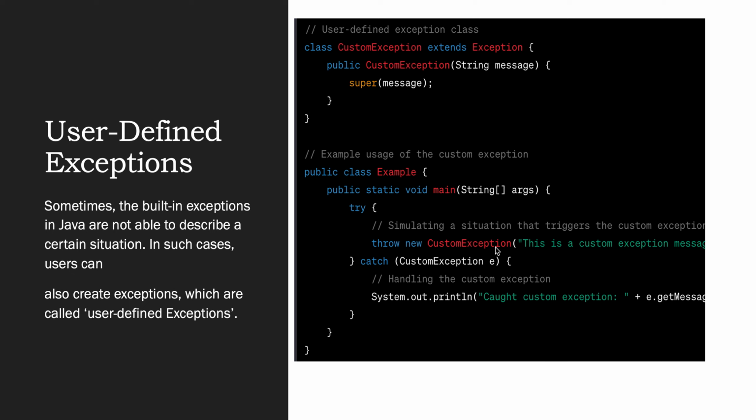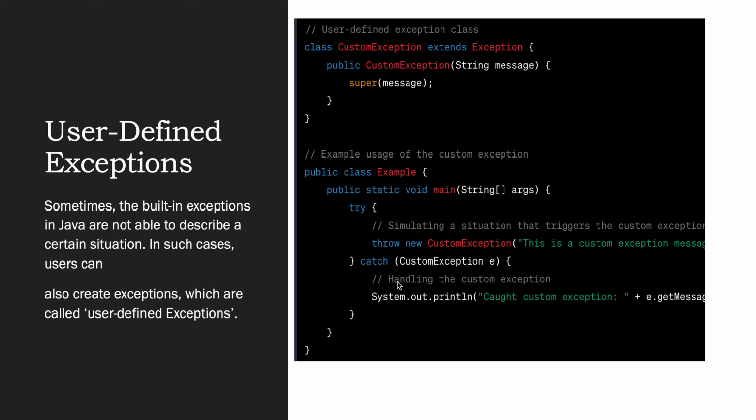Simply we provide the class name, CustomException, and then an object, and using this e object we will be able to call all the methods available inside the extended class, because as we know, using the inheritance concept, when we extend any class, we can access all the methods available inside the parent class using the child class object. That's why we are using e.getMessage. If you see, there is no getMessage method in our class, right? But the getMessage method is available inside the Exception class. Using the child class object, we are able to access it. So this is how we can create the custom exception and use it.